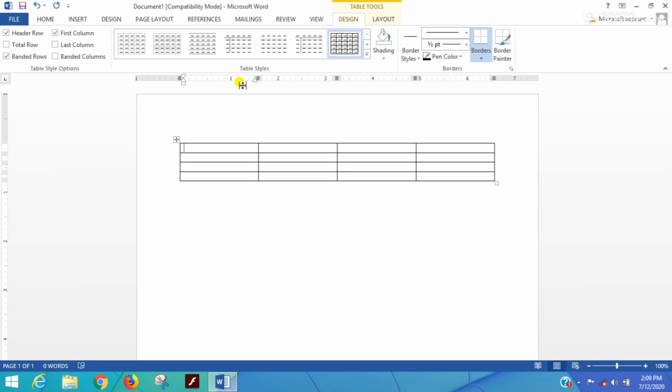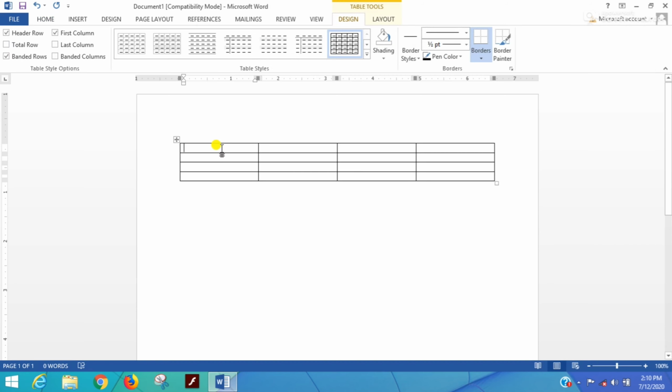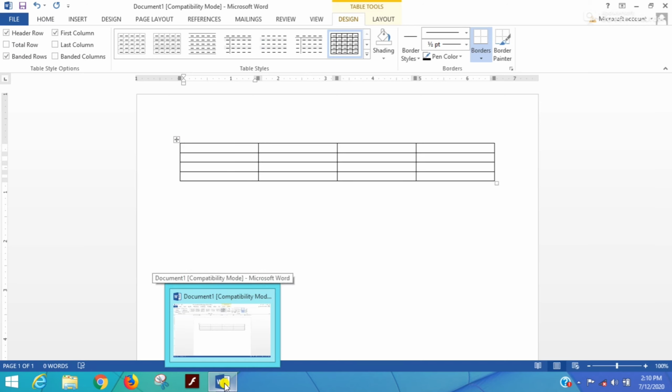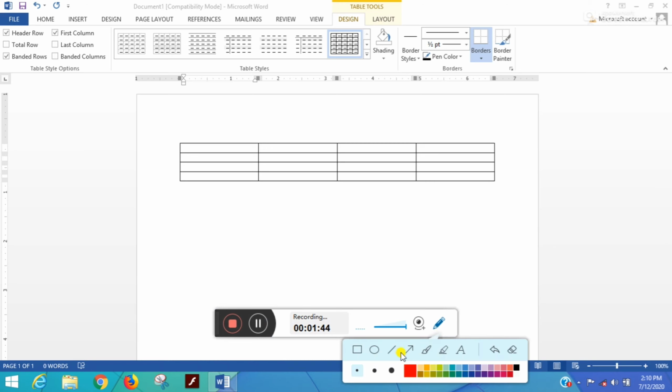Okay students, after that, if you want to enter any data in your table, you just have to click inside the cell. This particular rectangle is called a cell.